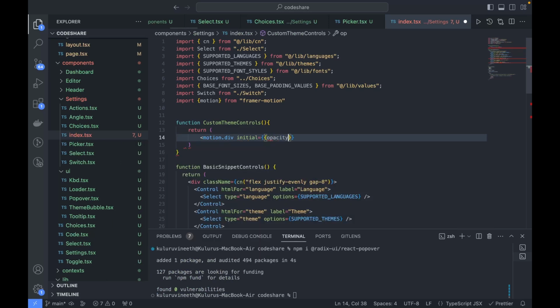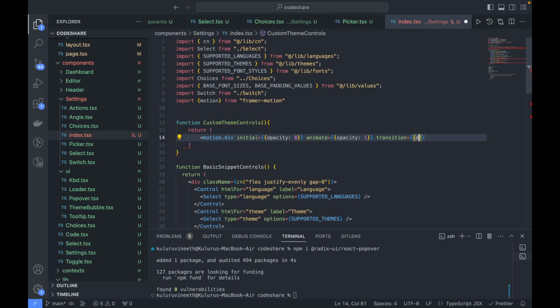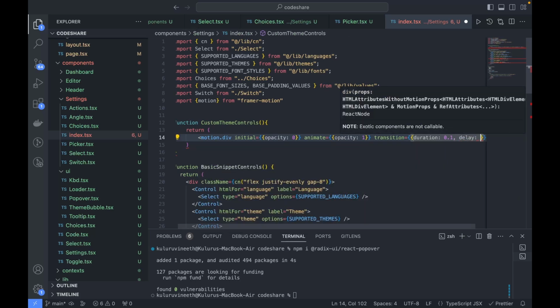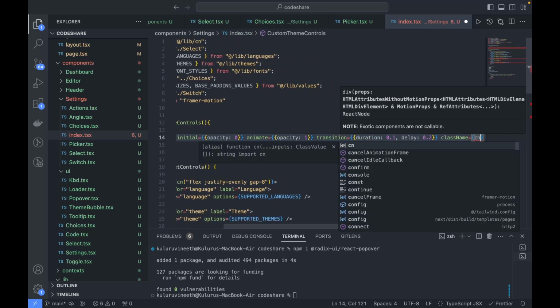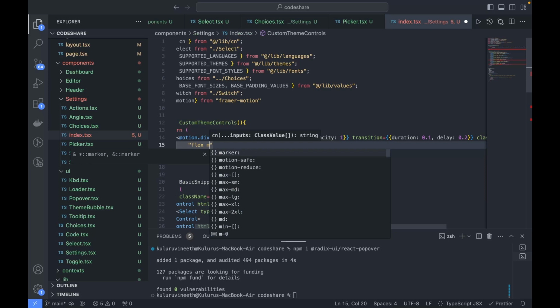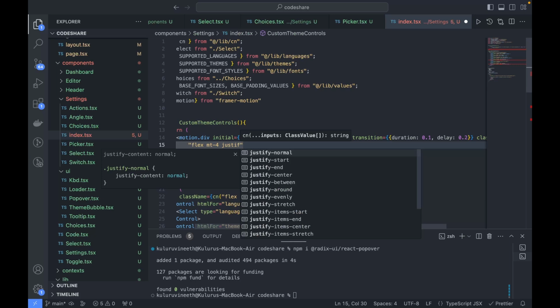For motion.div, initially I'm just going to set the opacity to 0, and then for animate let's have the opacity set back to 1, transition for a duration of 0.1, and then delay let me set to 0.2. And then the styling for this, let's make this display as flex and have margin top 4, and then justify